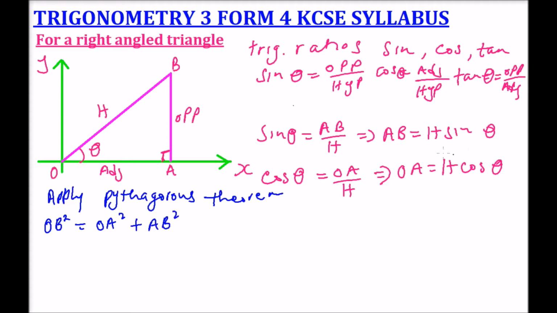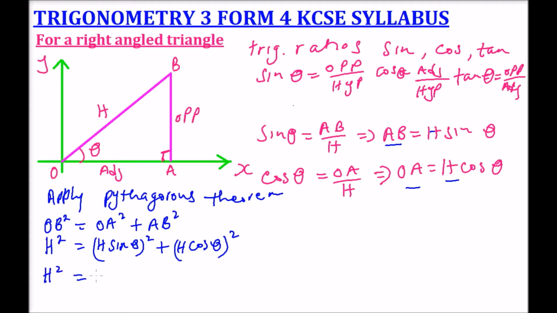But remember, we have defined our AB and OA. Our OB is H, so we can replace: H squared is equal to, our AB is H sine theta, and we square that, plus our OA is H cos theta, and we square that. We open the bracket to have H squared is equal to H squared sine squared theta plus H squared